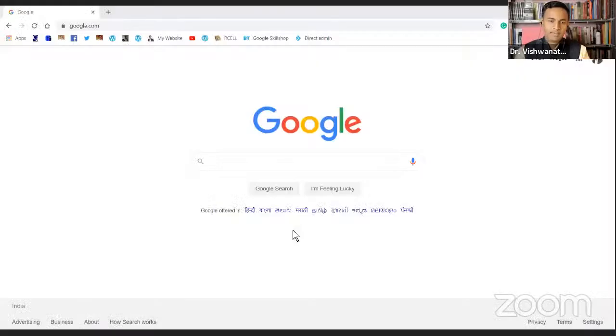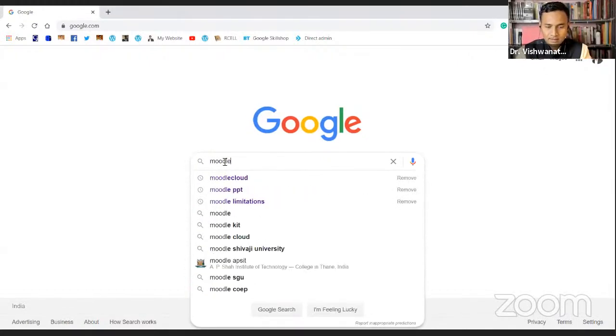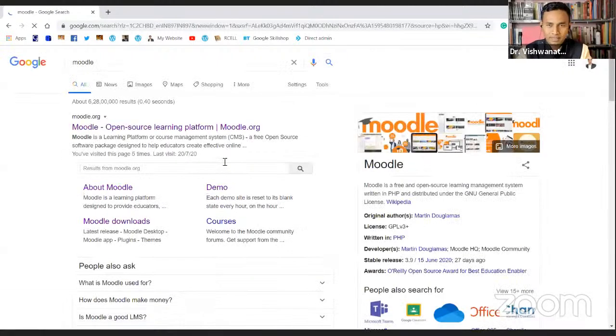Let me start sharing my screen. All right. The first thing everybody wants to do when it comes to Moodle is just search Moodle in Google. That's the simplest way. I'm making it simple so that everybody, even those who don't know what Moodle is, will be able to understand the entire process of how we can create a Moodle.